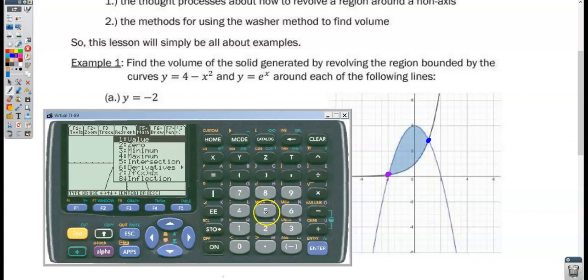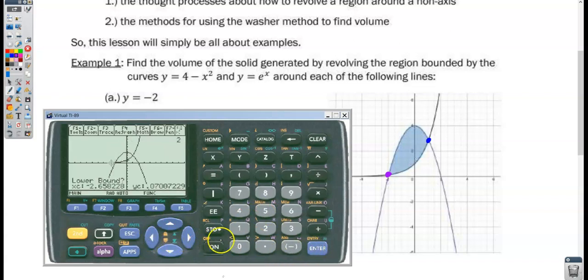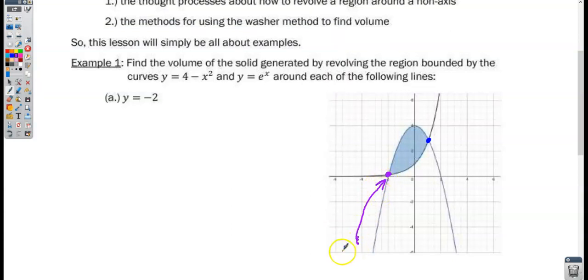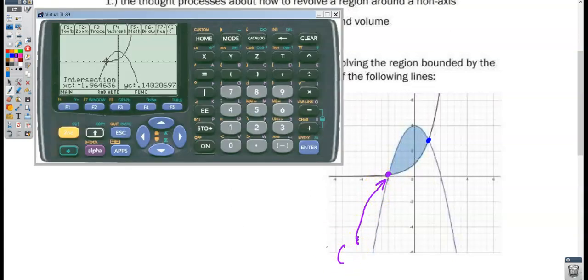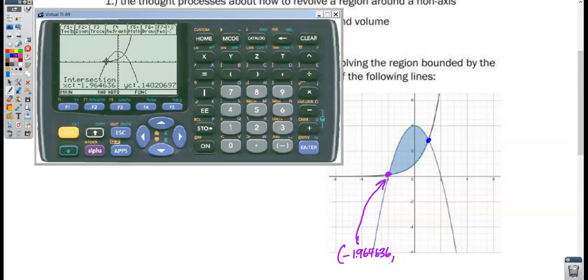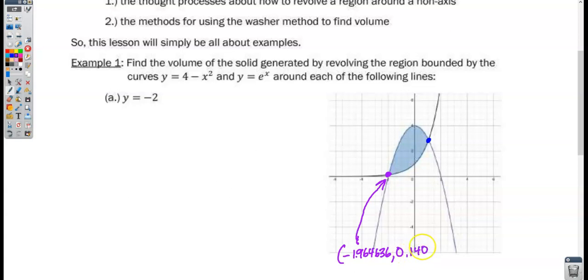First intersection point, first curve, second curve, lower bound, and upper bound. And I'm going to go ahead and write down both the x and y coordinates of this point right now. I've got -1.964636, comma, 0.14020697,